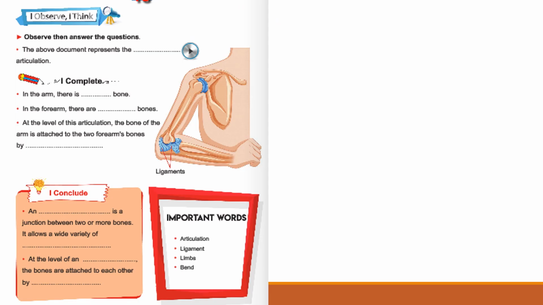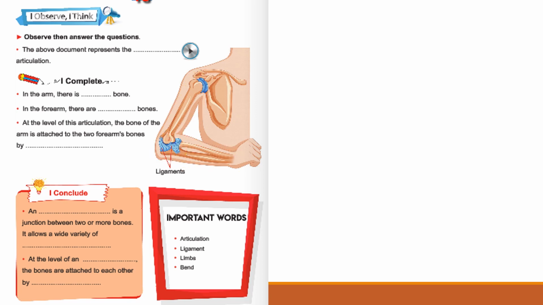Now turn your books to page 117 in order to solve the second document. Observe and answer the questions. The document below represents an articulation. Which articulation do we have here that joins the arm bone to the forearm bones? Of course, it is the elbow articulation. I complete. How many bones do we have in the arm? We have only one bone. In the forearm, there are two bones here. At the level of this articulation, the bone of the arm is attached to the two forearm bones by